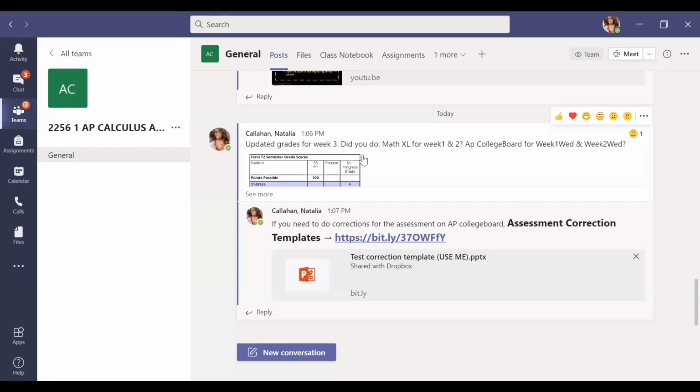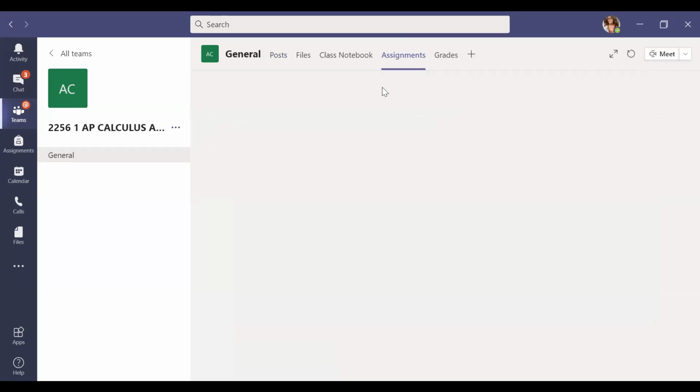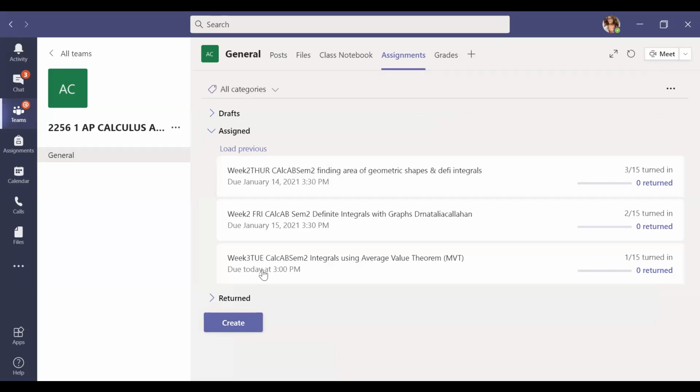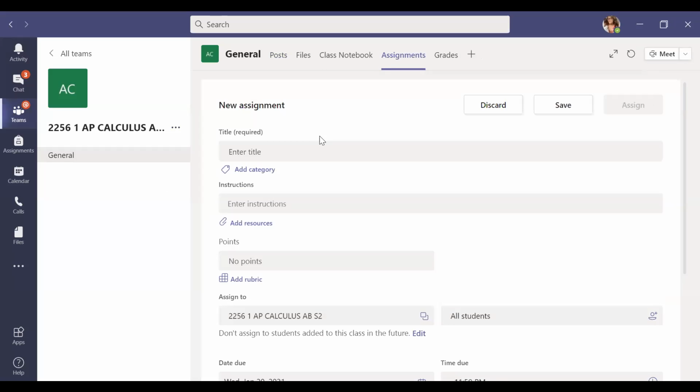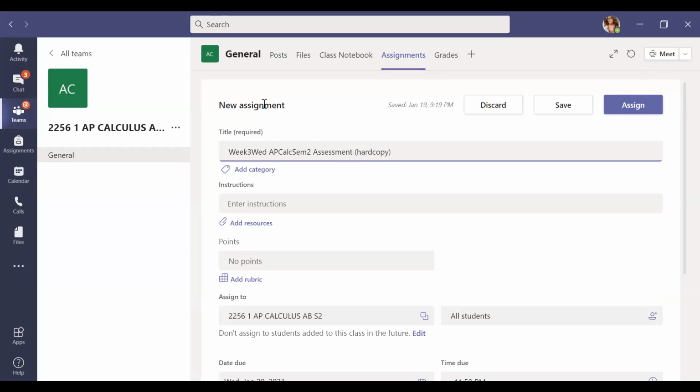Okay, so I'm going to go ahead and create the assignment for your class today. Under MS Teams, we're just going to create an assignment. I'm going to title it Week 3 Wednesday, AP Calculus, Semester 2. The topic today is you're going to have your assessment, and it's going to be paper and pencil, so hard copy. The topic is going to be on sigma notation,